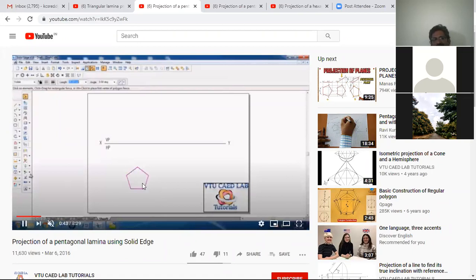Now the orientation of this pentagon is not required. So what we do is pick any one reference point and then rotate so that it will be vertical. When it shows the symbol, you can tell that it is vertical. Then move near to this particular XY line. Then you need to draw the projection. See here, this dimension has to be represented, and then name A, B, C, D, E, F, then project upward to get the front view.